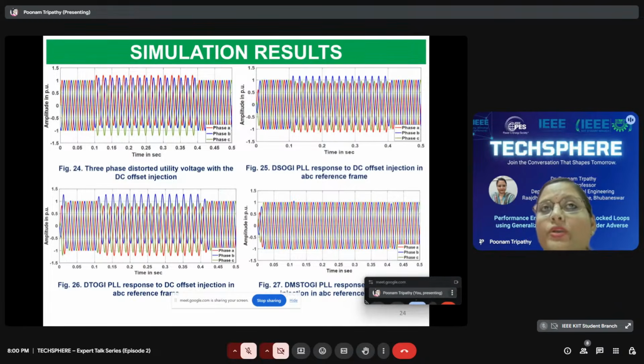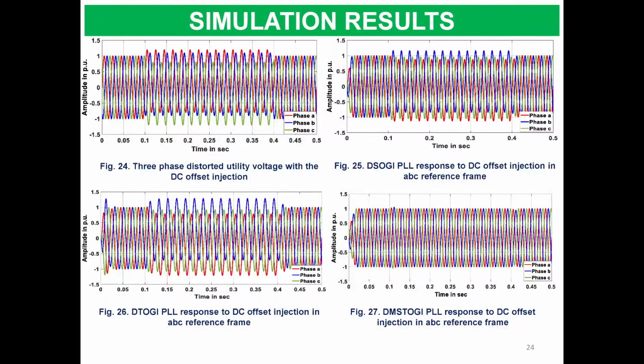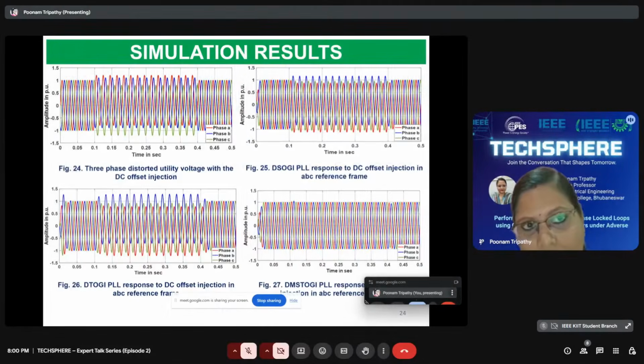is the most burning issue in the grids now, because till now almost nil attention has been given to the curtailment of this DC offset power quality issue, for achieving a robust synchronization in the grid integrated with distributed power generation systems. So these simulation responses basically show their performance, and here figure 24 represents the input